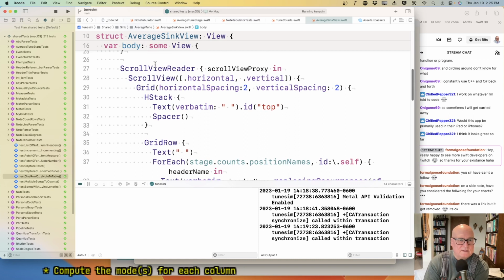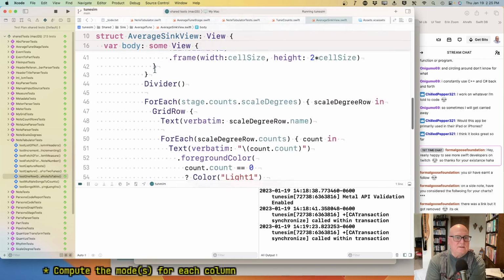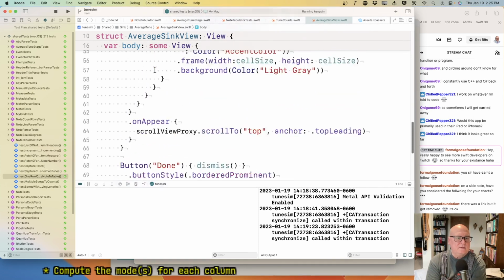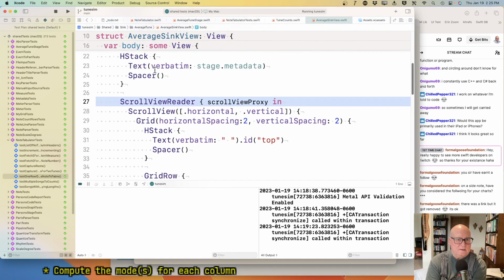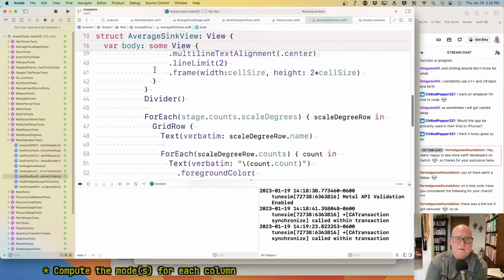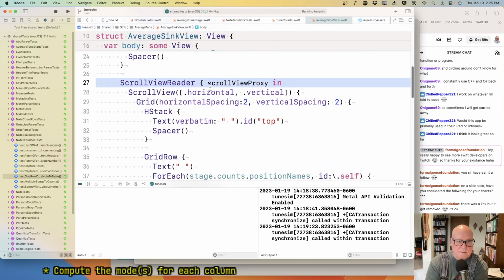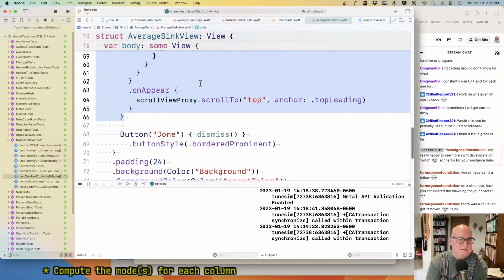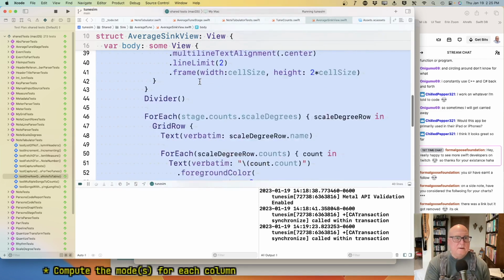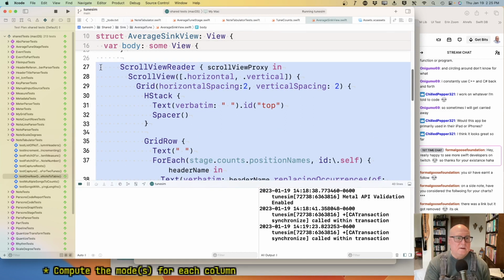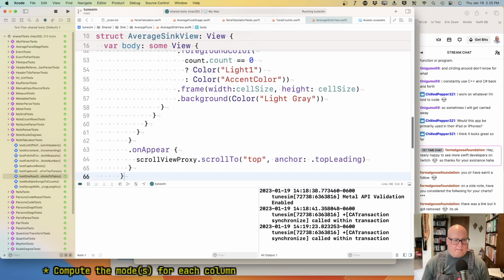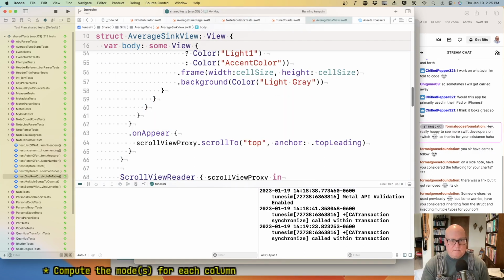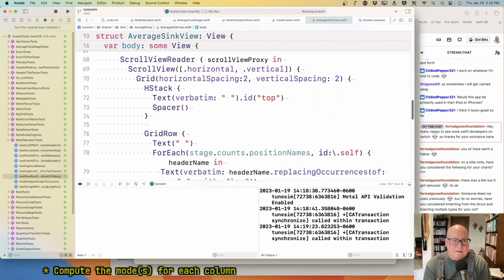Alrighty. Let's just duplicate this. Take it down to there. It tells me it should be its own view, doesn't it? Okay. So if we're going to use LazyHGrid,